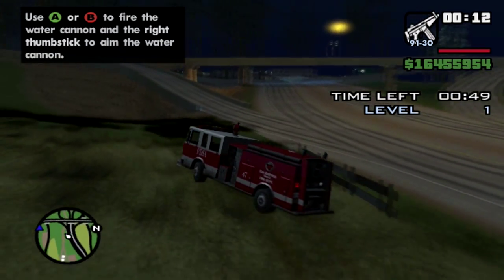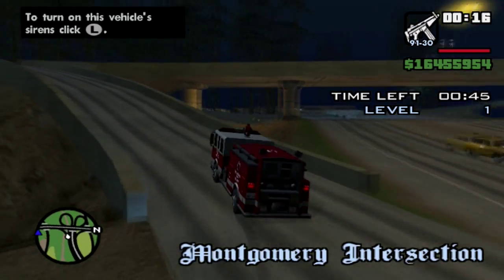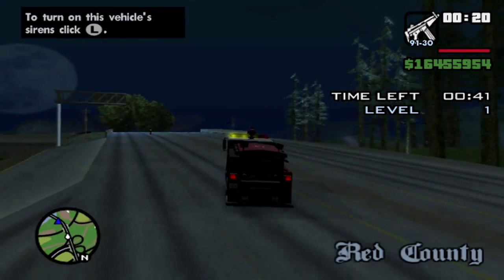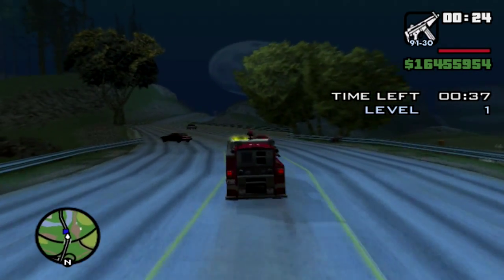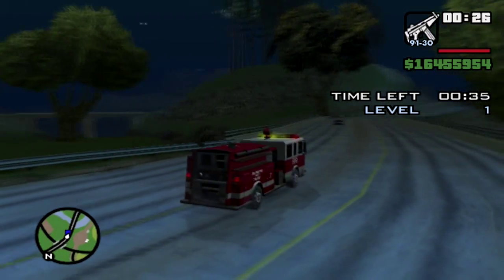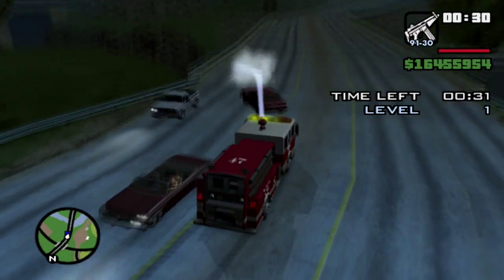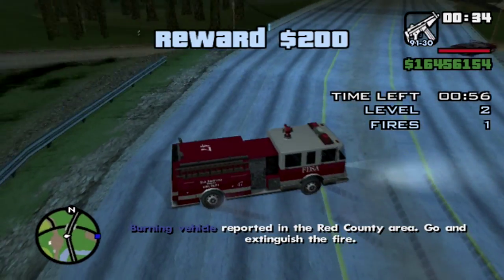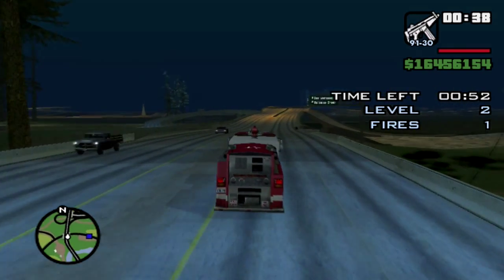Also be careful because of the mass and weight and size of the fire truck. It is a little more difficult to drive it on the ground. But yeah, just drive to the location. And as you can see, be careful because if the cars explode, you will lose. So, the reward, of course, is $200 for the first